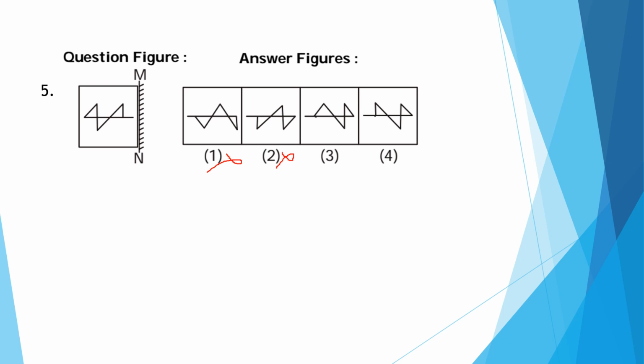But observe here, in this question diagram, these triangles are right angle triangles. But in the third option, one triangle is an equilateral triangle and the other triangle is a right angle triangle. So the third option is not correct. So observe the fourth option. These two are right angle triangles, just changing the direction from left to right. So the correct option is 4.